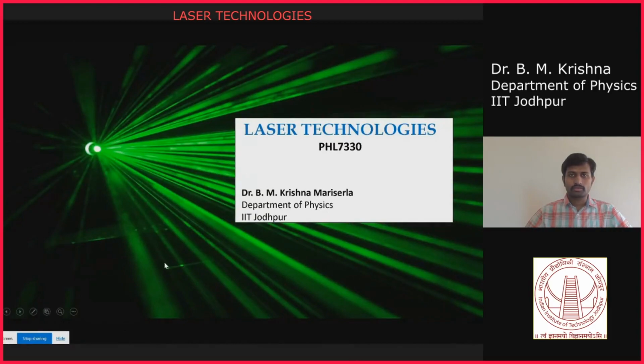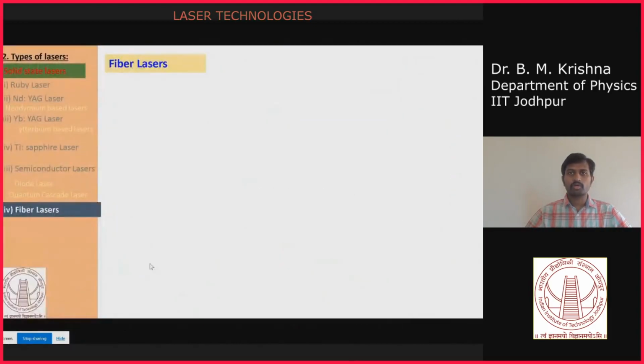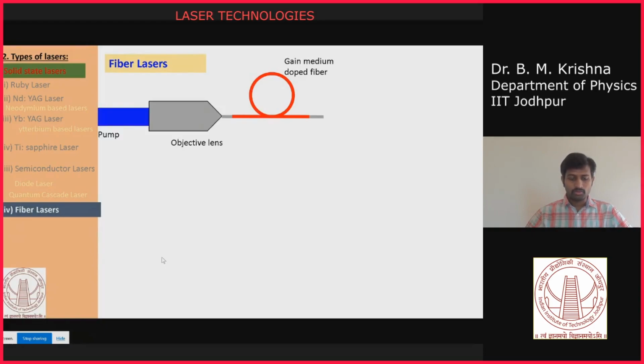So in the last class we have discussed the fiber lasers. We have seen how you construct a fiber laser, with the cavity design you have a fiber. Your fiber is doped with certain materials to have lasing action, or to create a population inversion in principle. Now you come up with your pump laser.